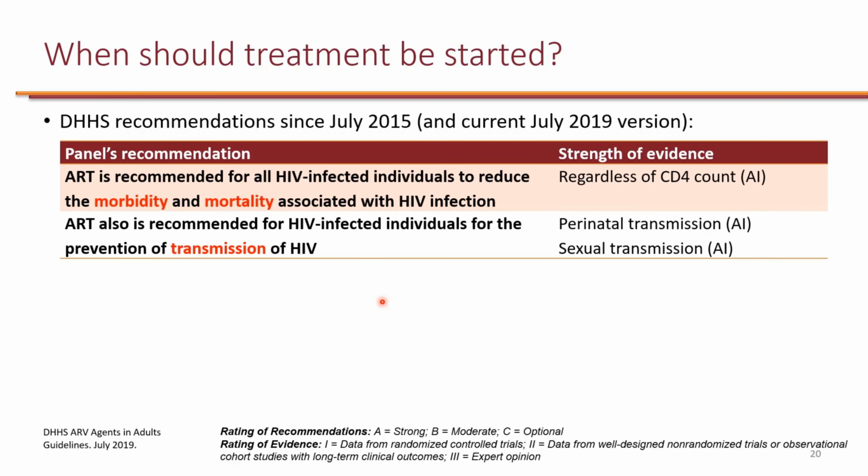So when should treatment be started in patients with HIV? Now, in the old days, the recommendation was based on the CD4 count. So patients who had a lower CD4 count were at higher risk of having opportunistic infections, cancer, and of course mortality. And of course, older HIV drugs were very toxic, so we would reserve them for more severe